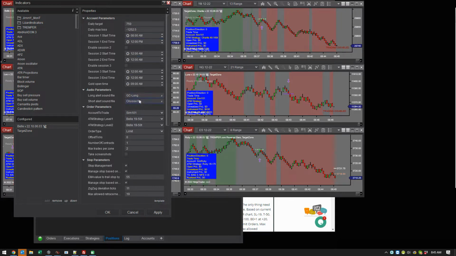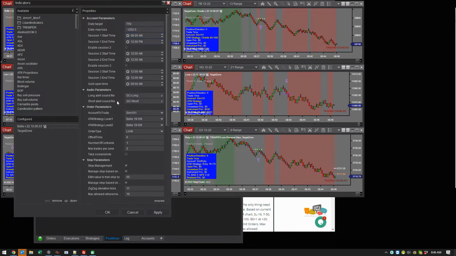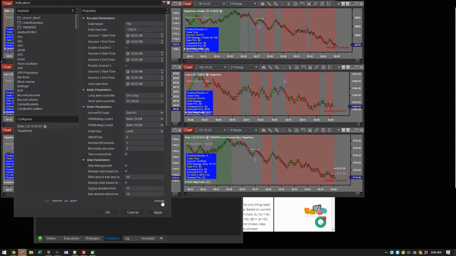And if you notice, there's a few changes there, little minor ones quickly. And if you don't like those changes, you can certainly change them back. Like, for instance, I have take screenshots on because I like to see the screenshots. So that's not part of the default. So I have to override that default. And then if I wanted to, I could save the template again. But if you save it as default